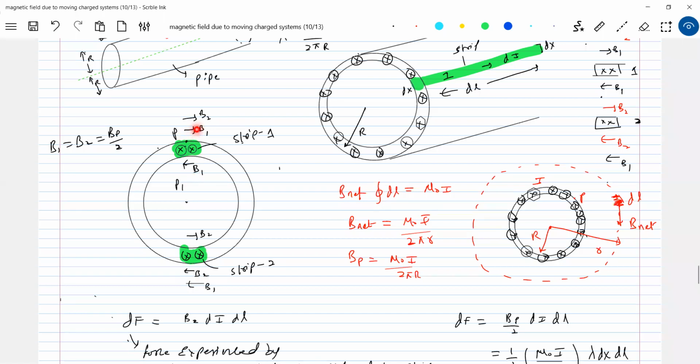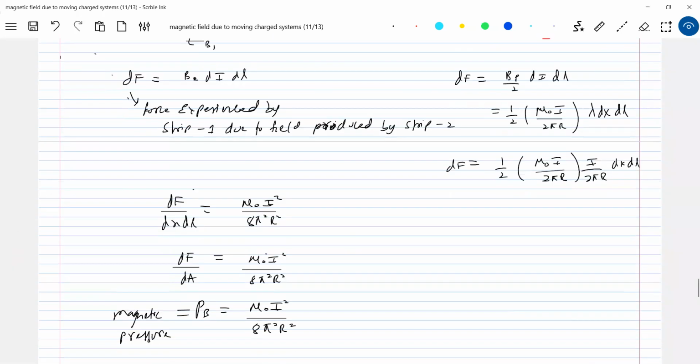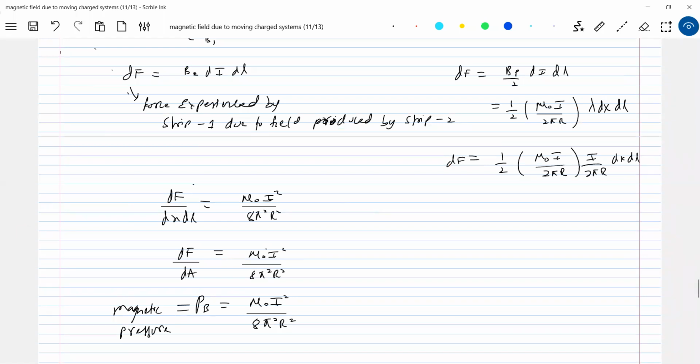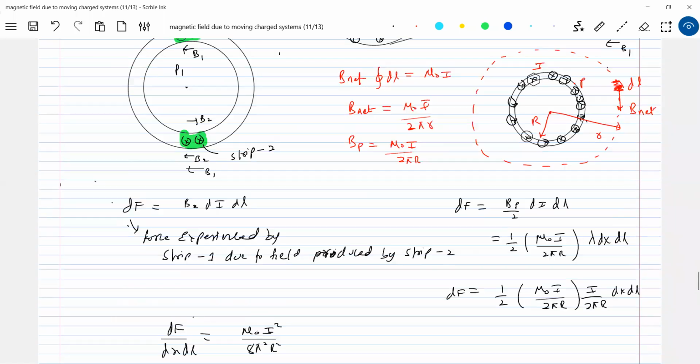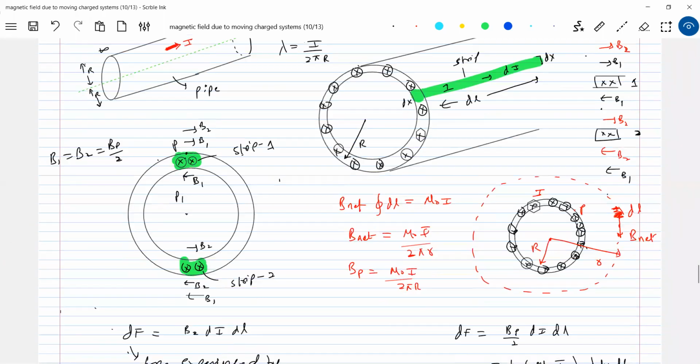So how to calculate that B1, B2? Again, we have a method here. Already I brought it, no? Mu naught I by 2 pi r. Now, what about force? How will that force be? So again, you have to take Ampere's law. So how will the field be? You look at this one, B2, how will B2 be? B2 will be like this, B bar, the current. So force, is it radially inward or outward?